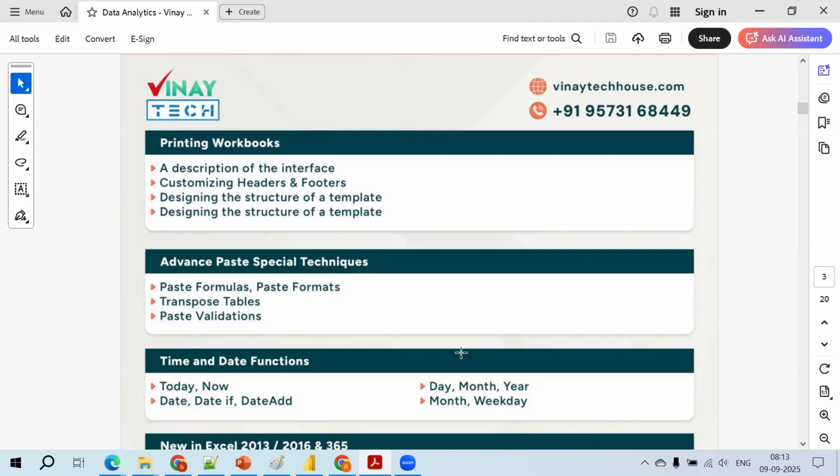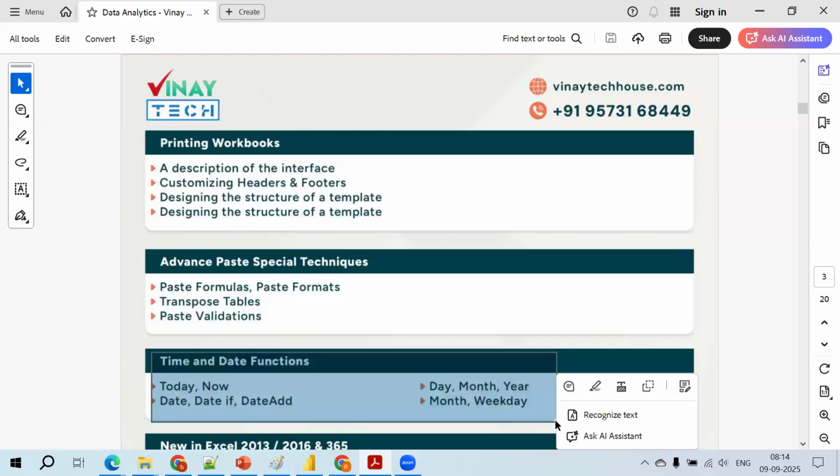Let me put this statement in a proper way. I got 10 lakhs rupees profit for quarter two 2025. That makes sense? Yes, it's a valid statement. So there is no proper valid data analytics statement without time series. So we are going to focus on these time series functions in Excel, in SQL Server, and in Power BI as well.